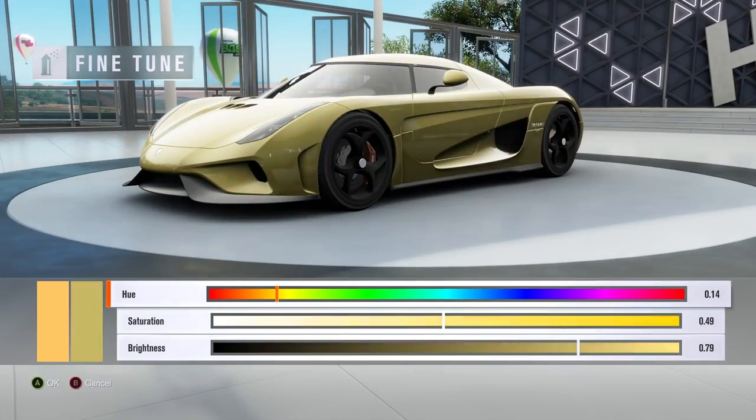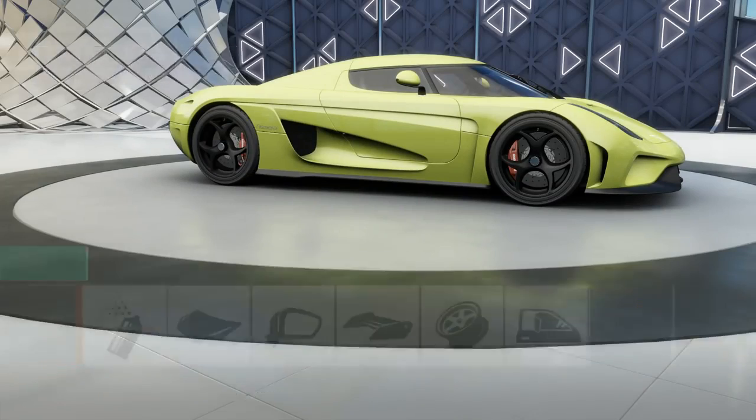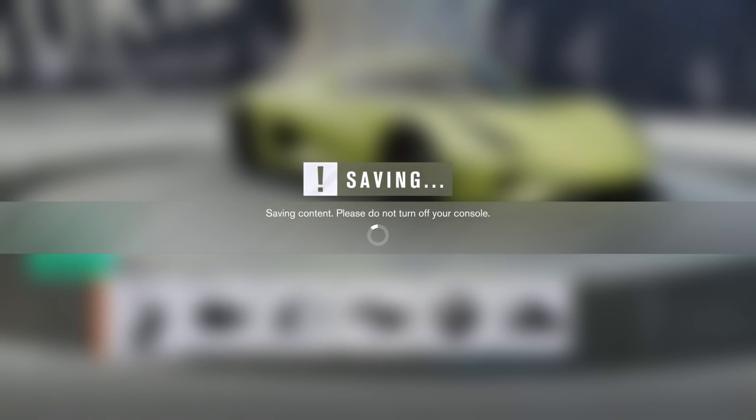So I think at the end of the day, is it a cool color? Yes. To me, it's a cool color. To me, it's a unique color. It's something I would have on an off-roader, like a Jeep or something. Is it something I would have on a Regera? Actually, kind of yes, because even in street spec, this color does look really cool. So just for the sheer point of being different, hell yeah, paint your car whatever color you want,